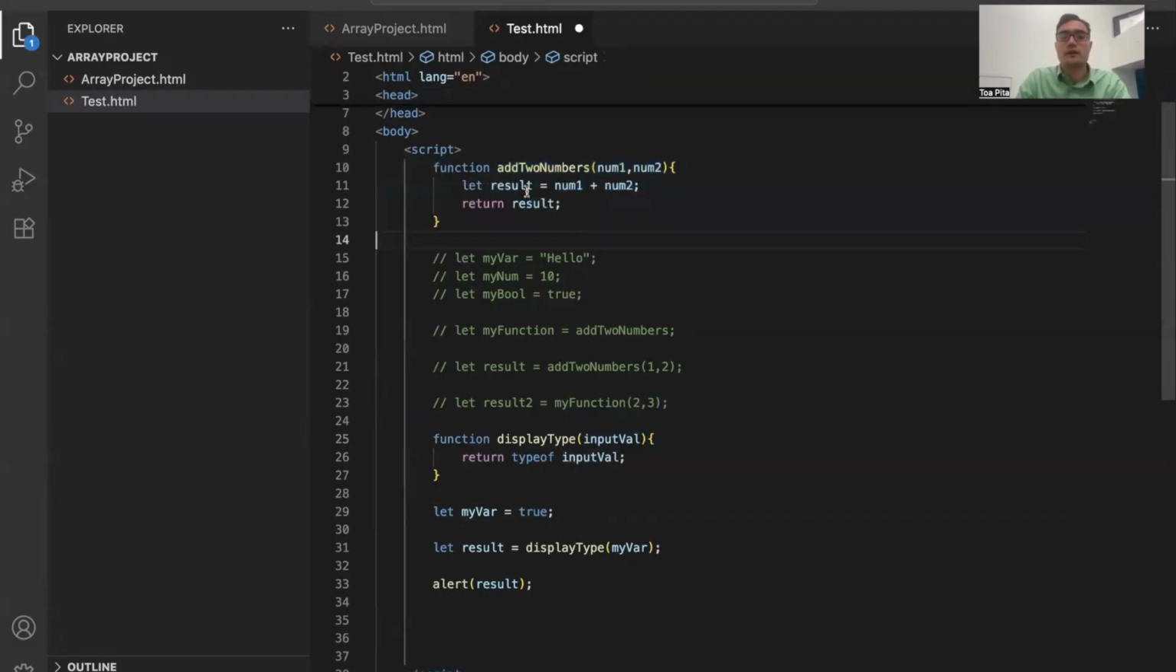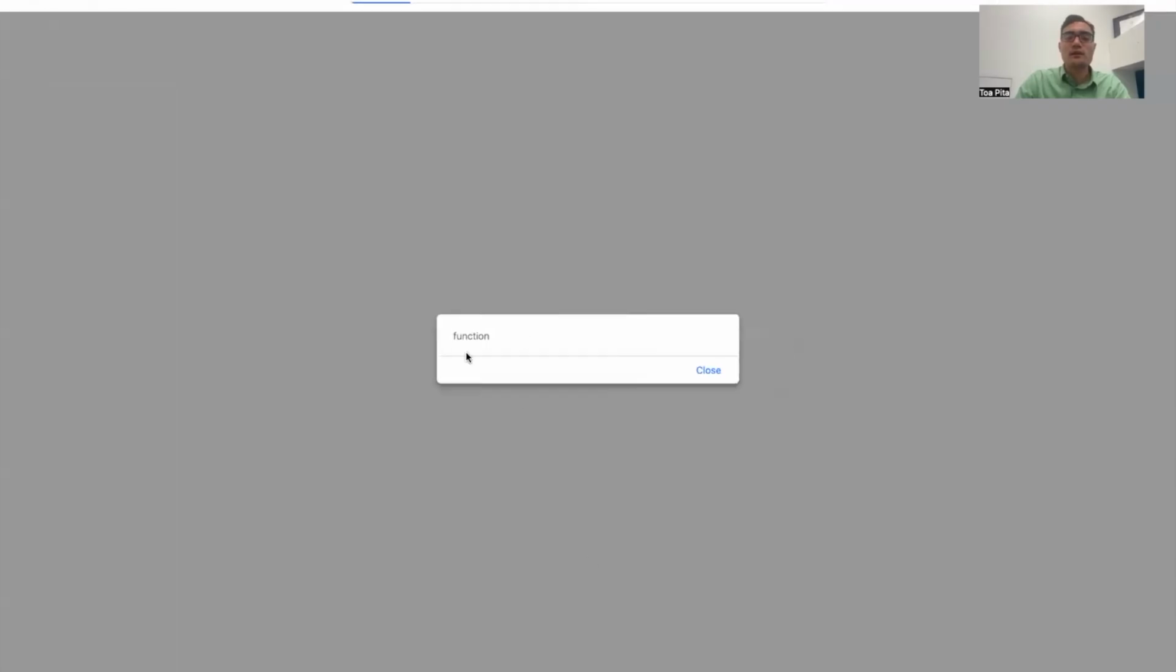Okay, well, we know now that you can take a function, and I'm going to uncomment the function we wrote in the last video, and we can store it in a variable. So now what I'm going to do is pass that variable that we created called myFunction into displayType, and we'll see what we get. So now it says that the type of variable that we got inside the function is a function,